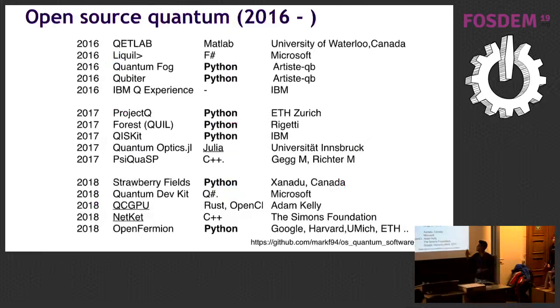So after QuTiP, I noticed that there have been a lot of new projects, especially in Python, coming up. And here is a list, and I think Mark has made a very nice list of all of it here, but I think now it's updated on the Quantum Open Source webpage, so please do check it out. Some of them are related to circuits, some of them are related to something even more interesting. For example, NetKet, which is using a neural network quantum state to simulate many-body physics. It's very interesting. Okay.